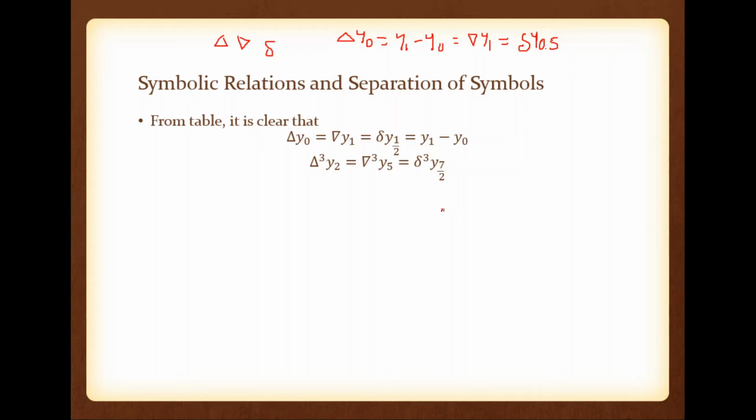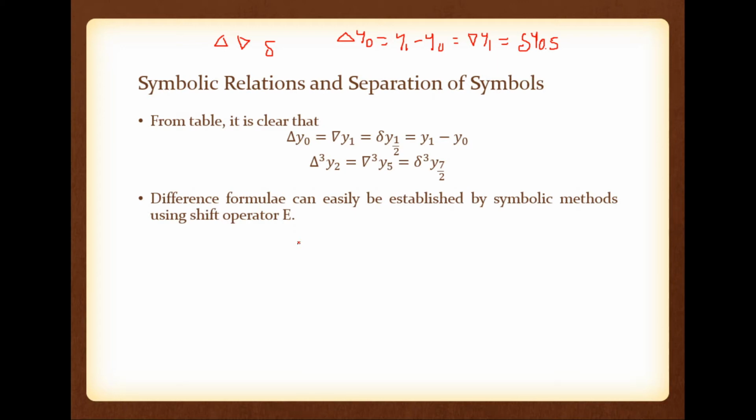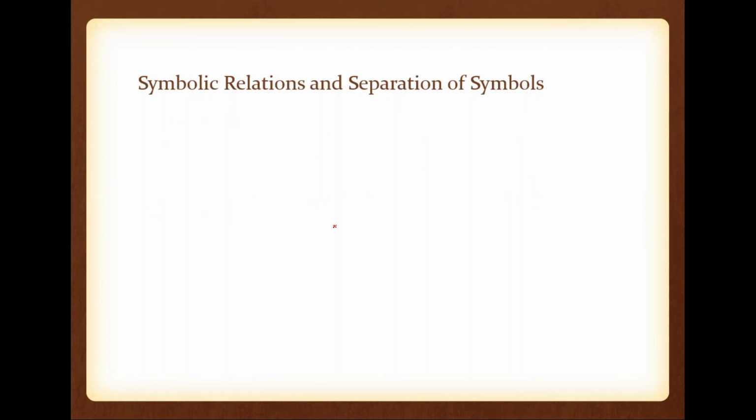So this one is a shortcut, but is there any operator that we can use? That is a question. Yes, we have an operator. That is nothing but the shift operator. So by using the shift operator, we can relate all the different terms. E is the shift operator. If we use E as the shift operator, we can relate operators like delta, del and theta. That is possible. Is it okay? So first we are going to define the shift operator.